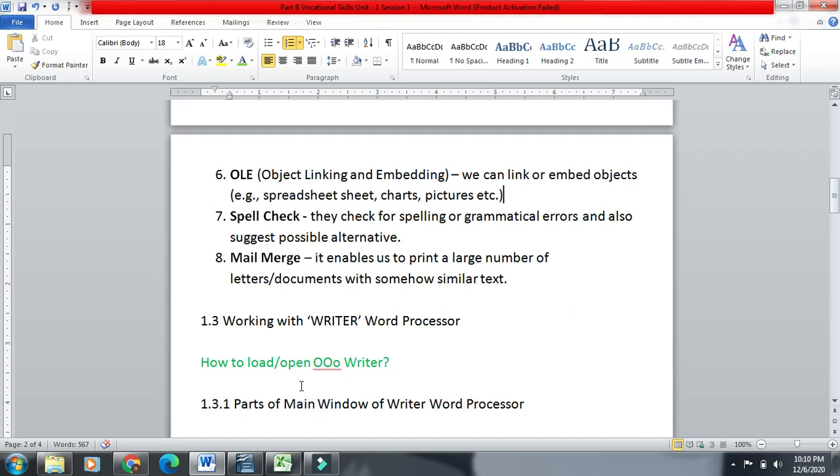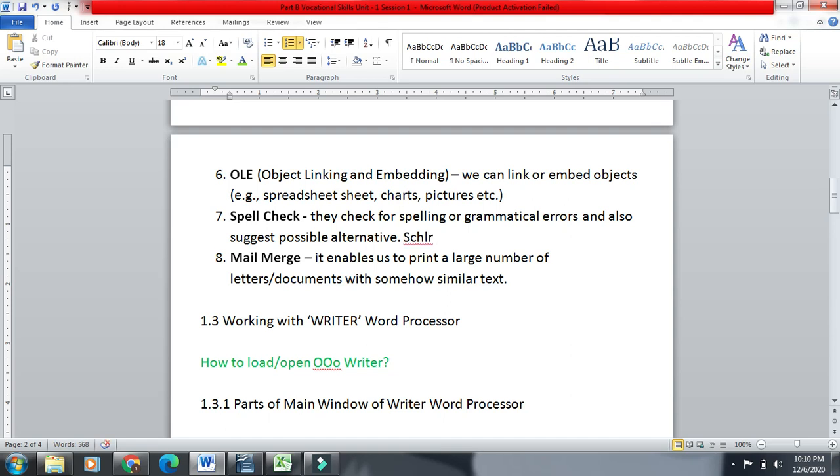a typewriter. The next thing, which is also a very good feature, is spell check or spelling check. It checks for spelling or grammatical errors. Whether you make a spelling error or a grammatical error, it will tell you by using a red underline, and it will also suggest possible alternatives. Suppose I am typing one wrong word.